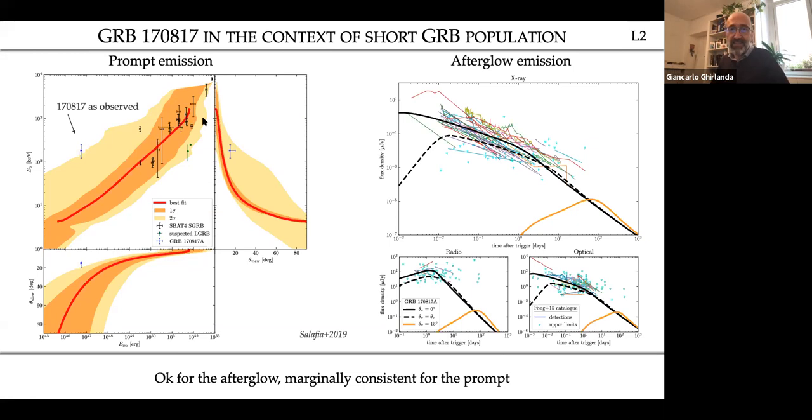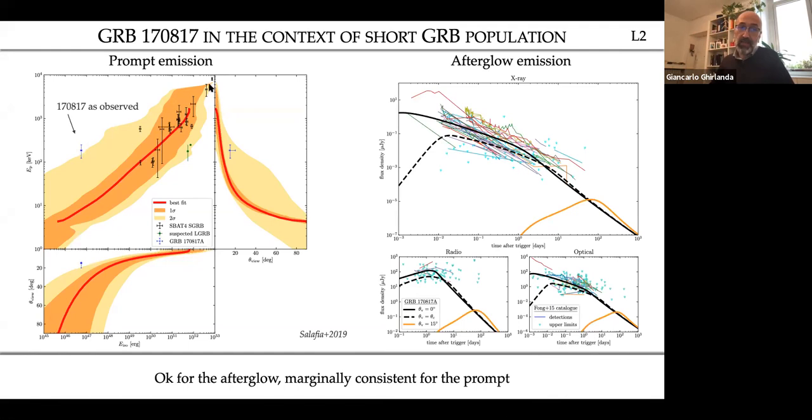And here the exercise is saying, if all these short GRBs had a structured jet similar to that of 1708-17, they basically constrain, with their observed energy, assuming that they are observed on axis within the core, the normalization of the energy in the core and the Lorentz factor that you assume similar to that of 1708-17. Assuming the same structure, we see what they would appear like